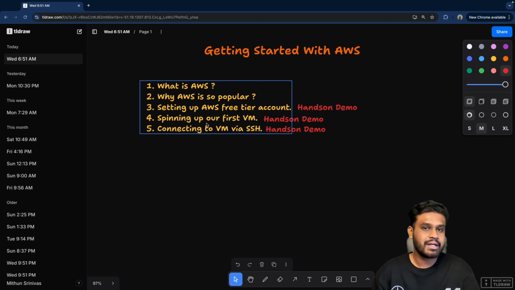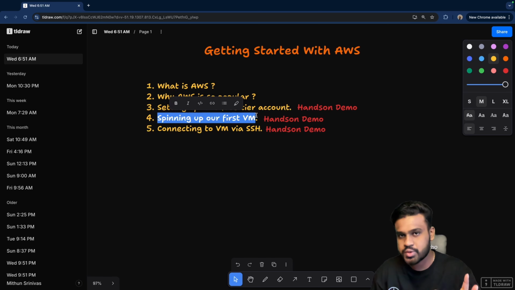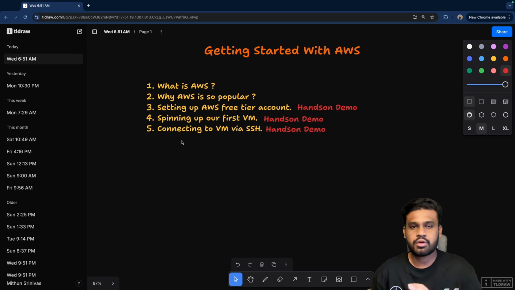And then everyone tells you, if you are a developer, you should get comfortable with Linux, but not everyone can have multiple machines or partitions, right? So it's a good thing to spin up a virtual machine on AWS and use this for your Linux related tasks. That would be a great addition for any developer. We are going to do that, and I'm going to show you how to connect to your VM as well. Again, what is a VM? Everything will be covered. You will have one more computer for free by the end of this video.